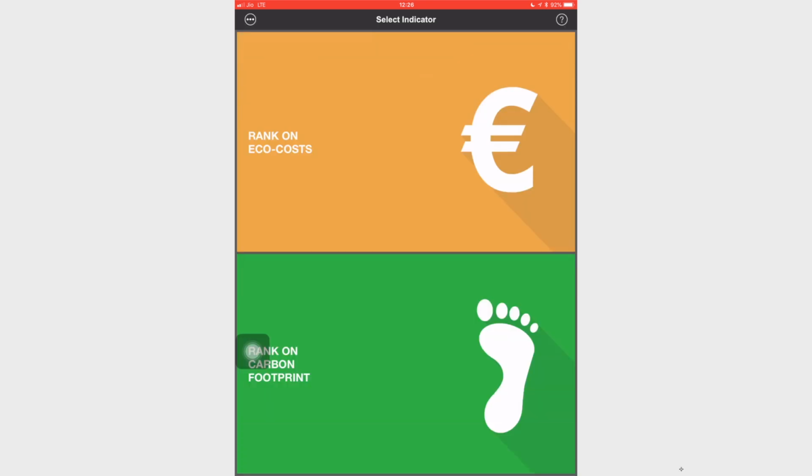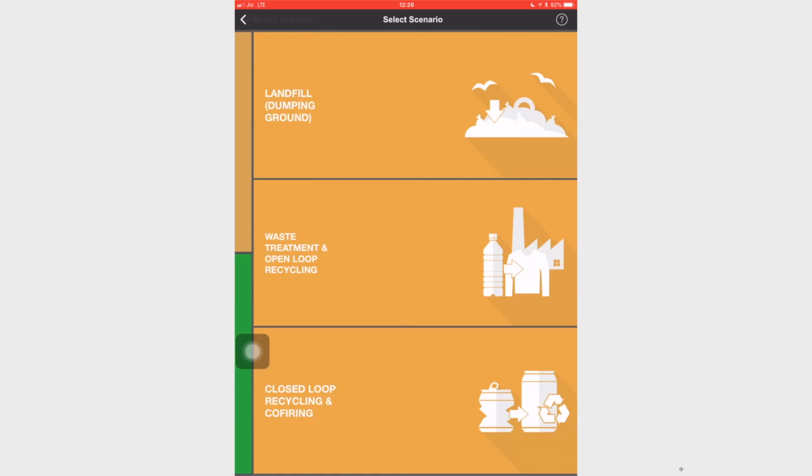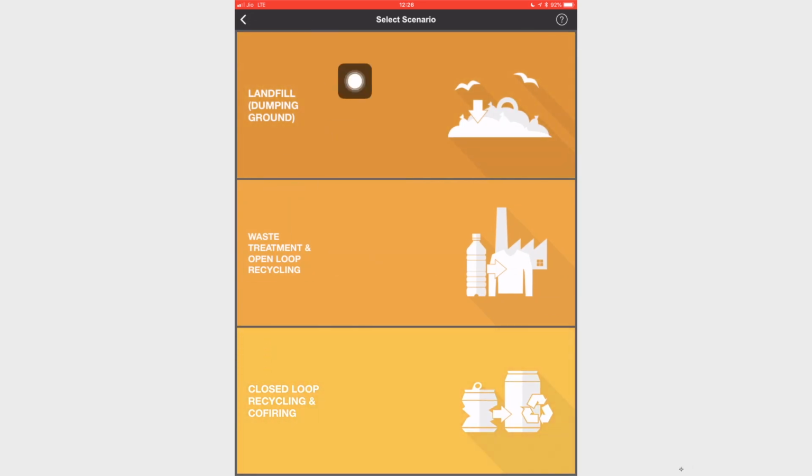So, let us first select rank on eco-cost. Once I selected rank on eco-cost, the next thing it says is select your scenarios. So, I have the landfill scenario, I have the waste treatment and open loop recycling, and I have the closed loop recycling and co-firing. You can again see in this screen also you have a question mark.